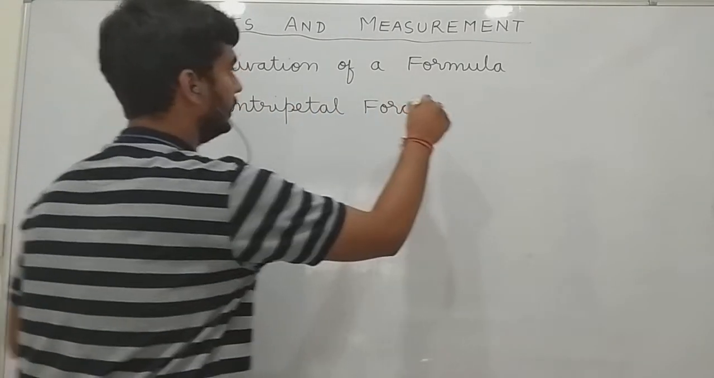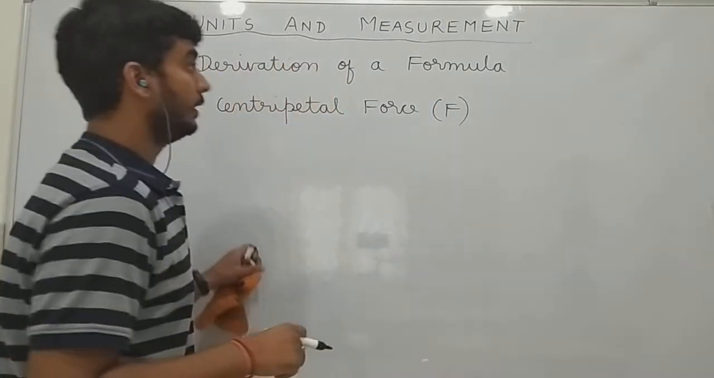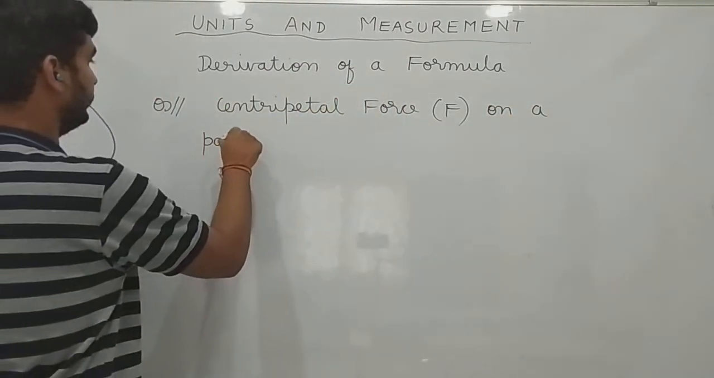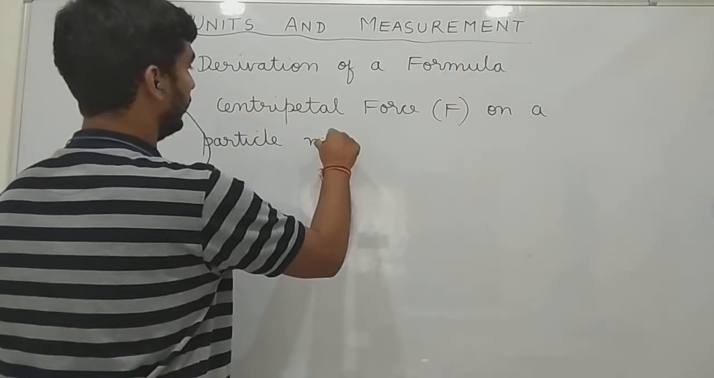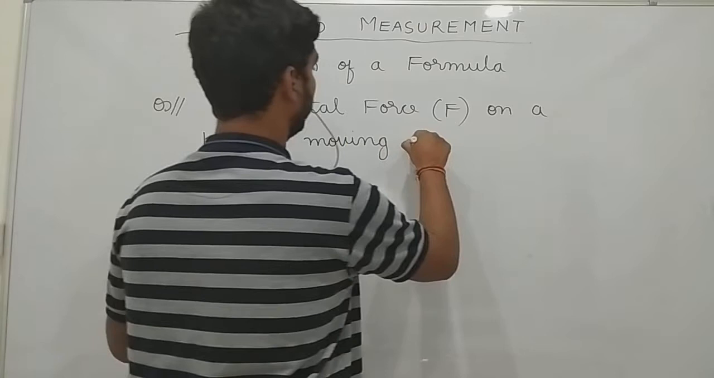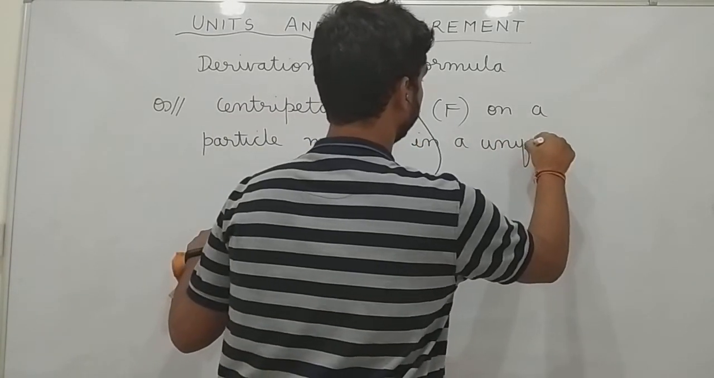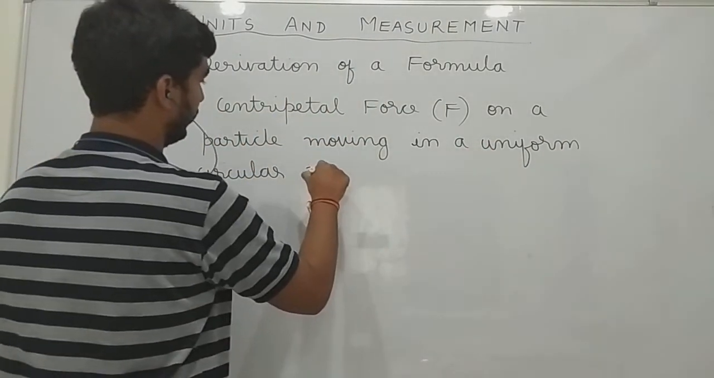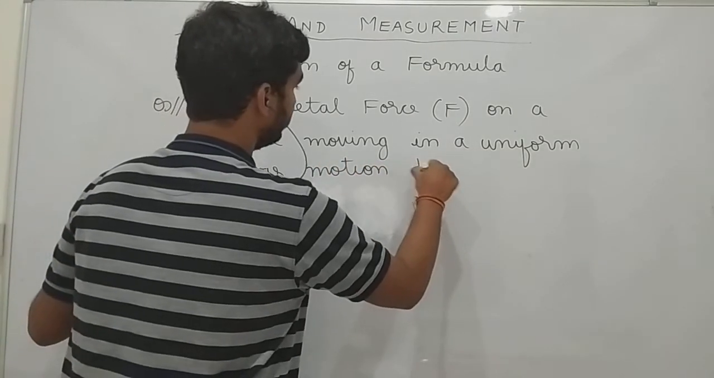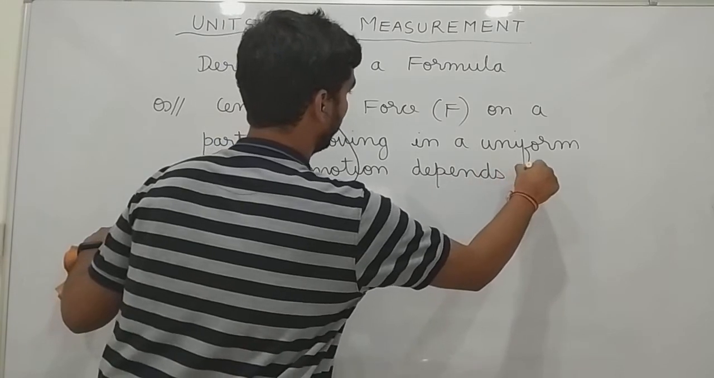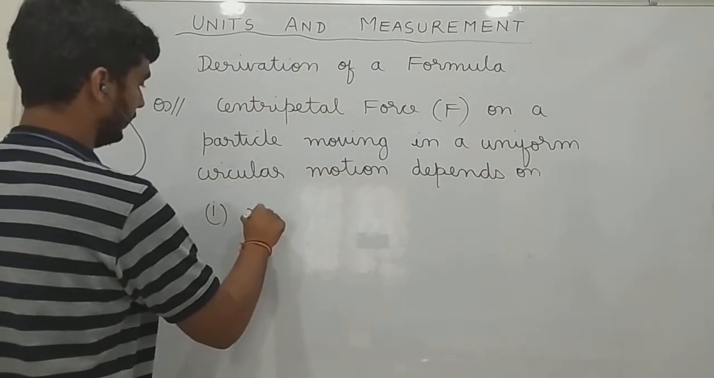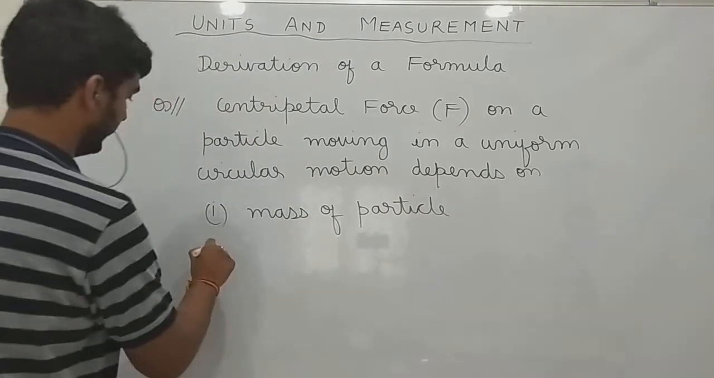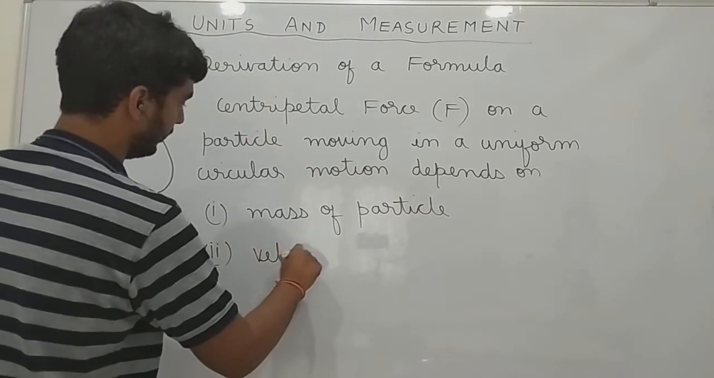force, it is a kind of force only, we will discuss about it later. Centripetal force on a particle moving in a uniform circular motion depends on, first, the mass of the particle, second, velocity of the particle,